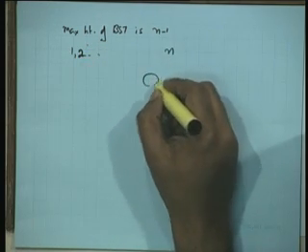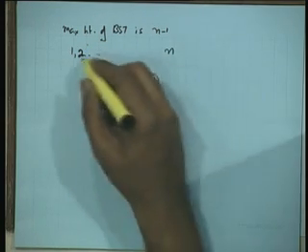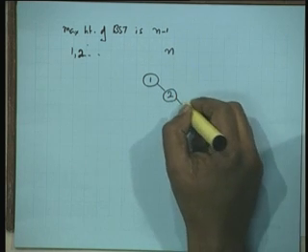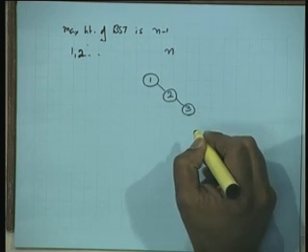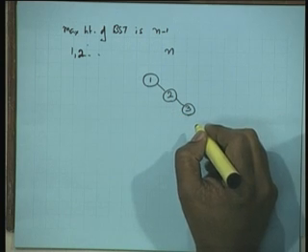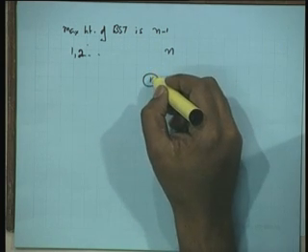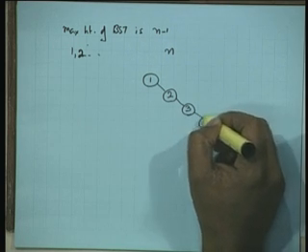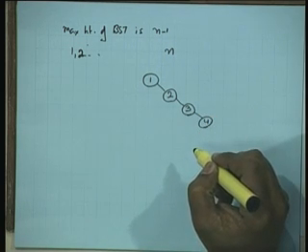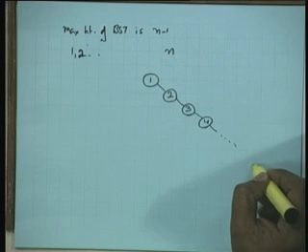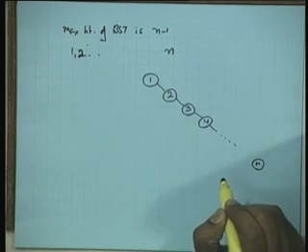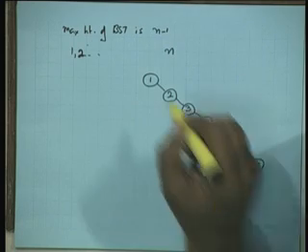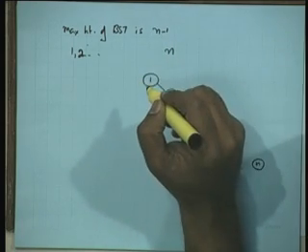1 we inserted first, 2 then came here to the right, 3 will come after this, right? Understand why it comes here like this. For 4 we will go right, right, right, and where we get null, we will insert 4 at this place. In this manner we will create a chain of this kind and we will get a tree of height n minus 1. Similar would happen if I had inserted in the descending order.